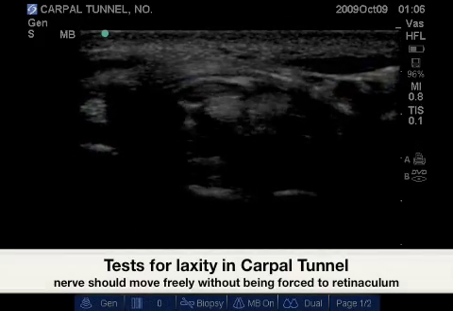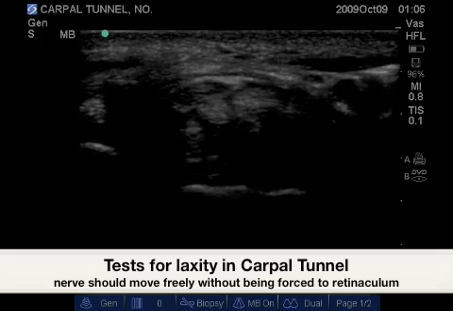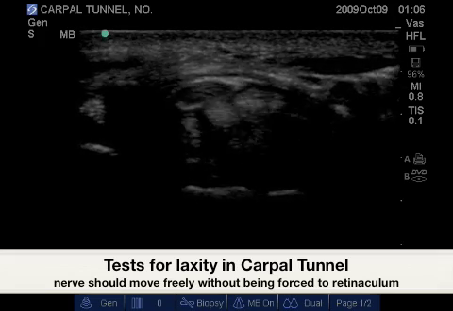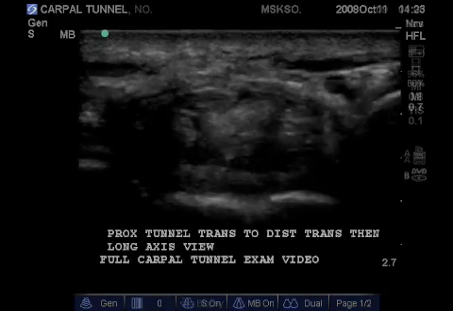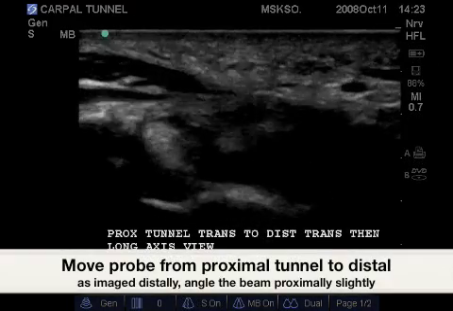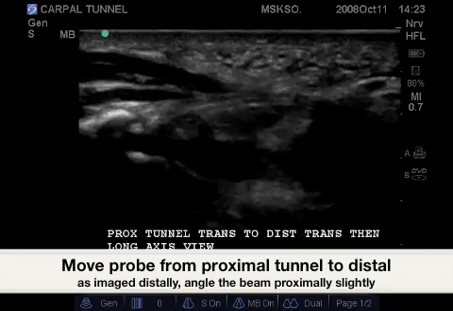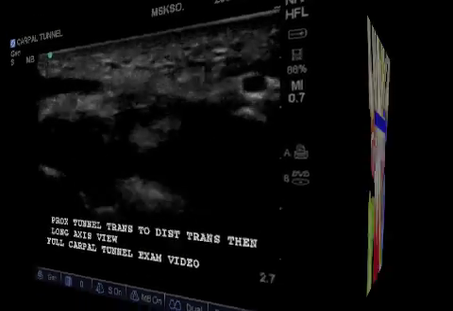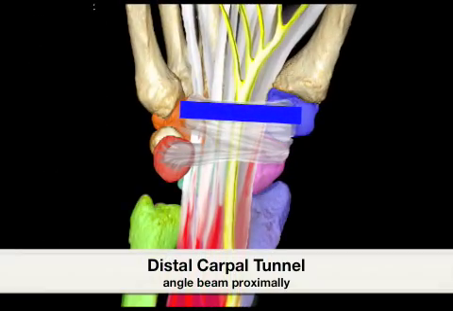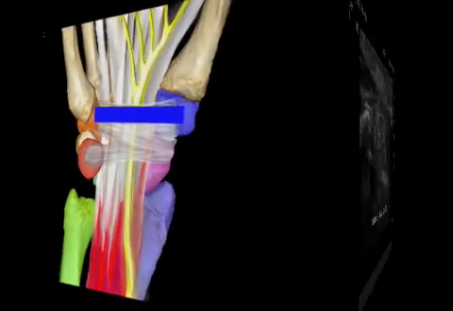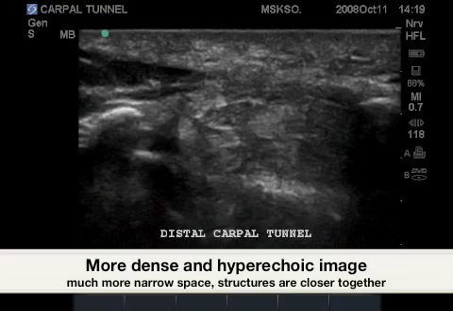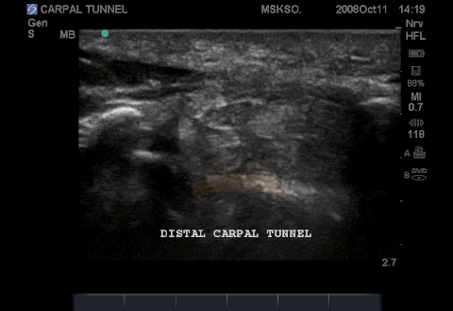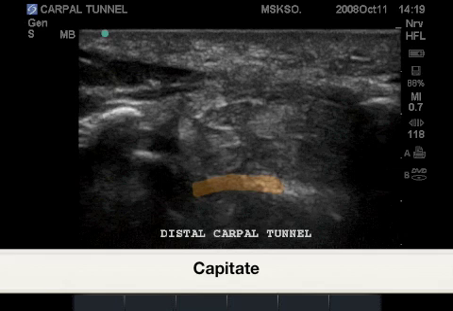It is also important to wiggle the fingers to test for laxity in the carpal tunnel. Now scanning from the proximal carpal tunnel to the distal carpal tunnel. Here's the correct probe placement for the distal carpal tunnel. Here we have as a landmark the capitate bone,